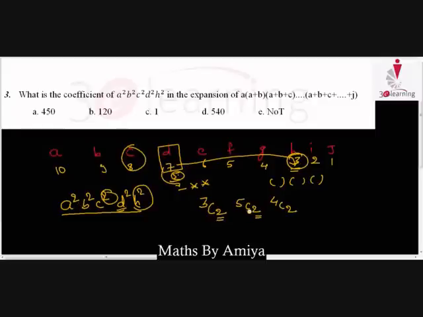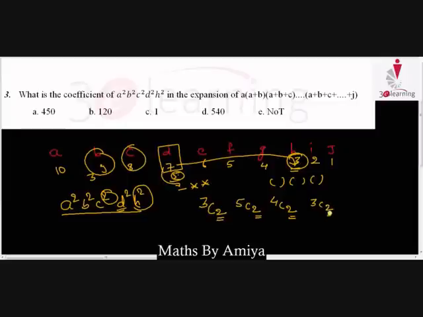Just check the lower term. We selected 2 and 2, 4 brackets, and for the C we have 8 brackets. We selected 4 brackets, so 4 brackets are left, and out of 4 we want 2. We selected 6 brackets. For the B there are 9 brackets. We selected 6 brackets, so we have 3 brackets left, and out of those 3 we need 2 B's. This is nothing but 3C2.